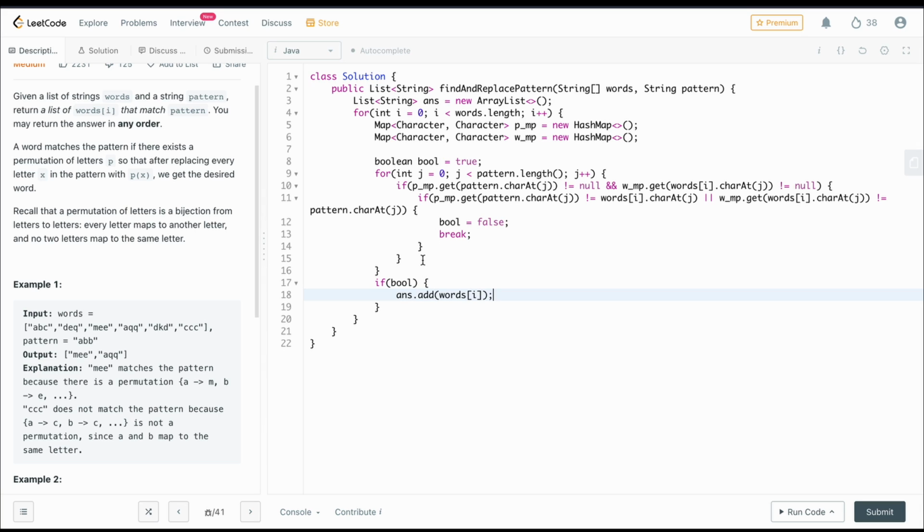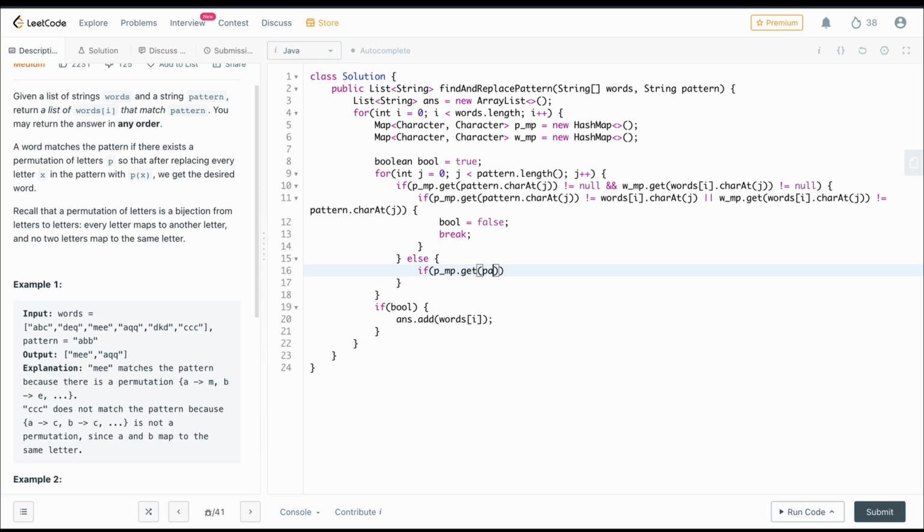Now for another condition. If we find that we have not assigned a character to the character we are at now, then we check whether exactly one of the characters is assigned and the other is not. In that case we have disrupted our pattern and we can also break. How do we check this? We check in our pattern map if patternMap.get(pattern.charAt(j)) is not equal to null, or — the important point here is the or.